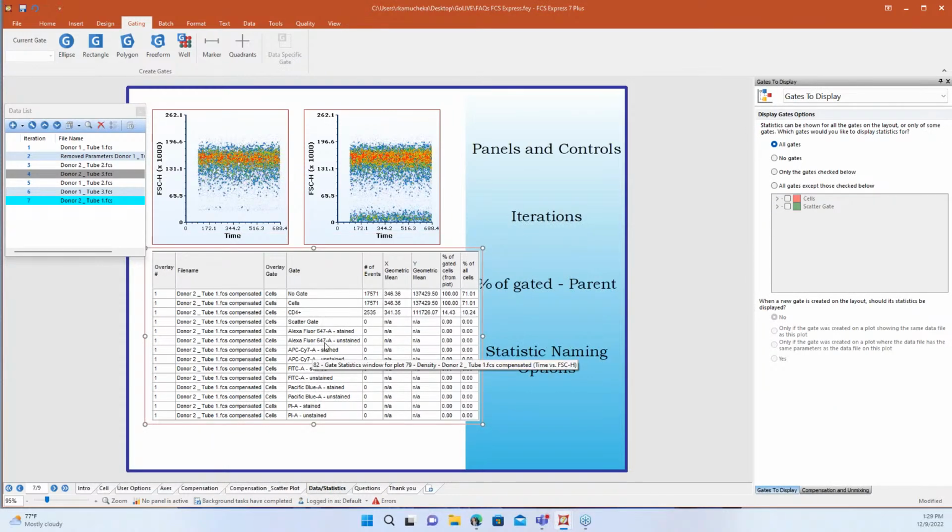So here, I apologize, I still have my compensation files here from when we were looking at that scatter gate and making a data specific gate, but I have a CD4 gate here. Now this percent of gated from plot is relative to that cells gate. So our statistics will always reflect the relationship to the population that's being displayed on the plot.